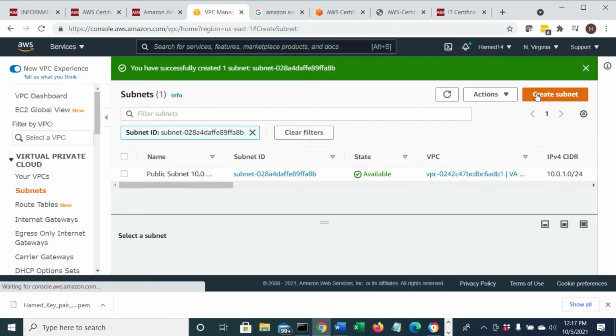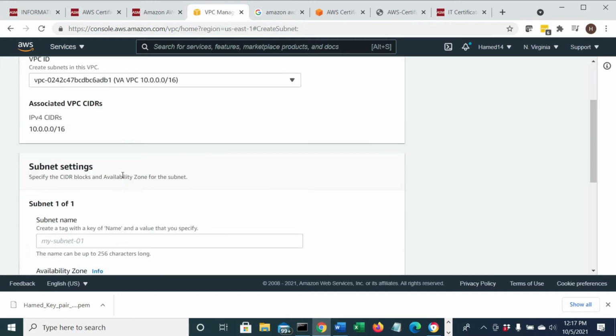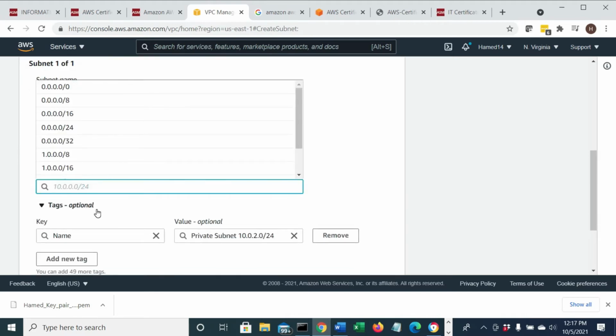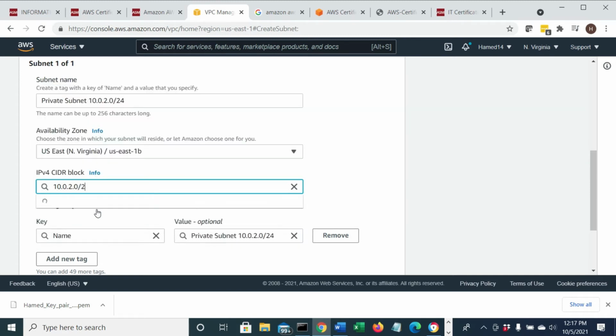Then I can create another subnet if I want. Again, I have to pick the correct VPC. I call this, let's say, private subnet, with 10.0.2.0/24, and I can pick, let's say, 1b, and then here write down 10.0.2.0/24.